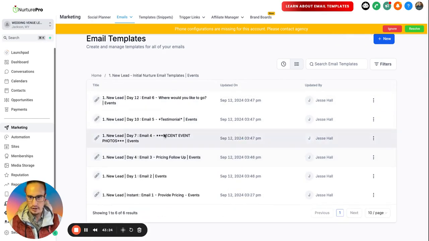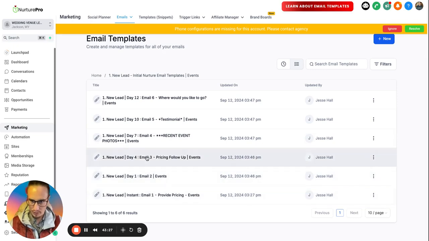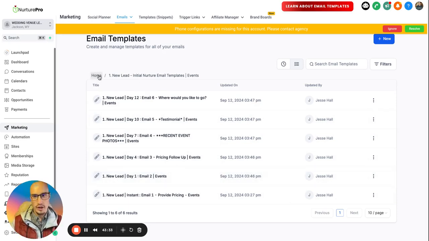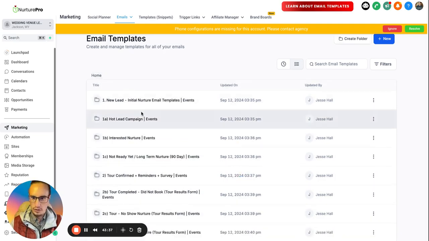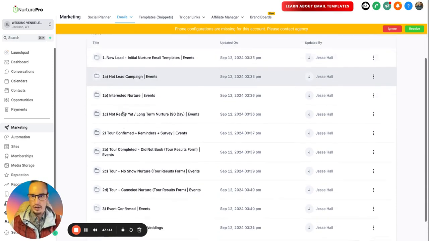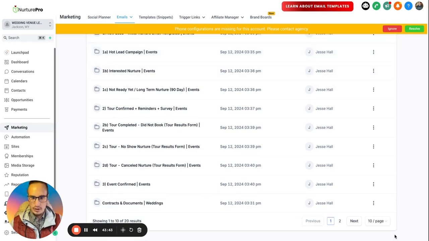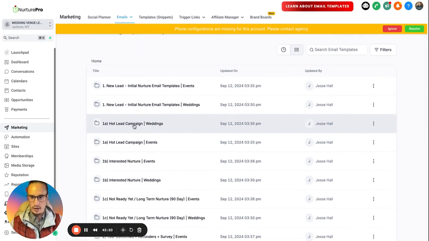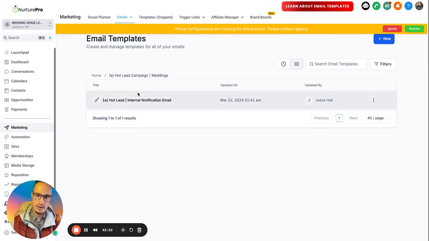So now we can go up into this folder and see we have email 1, 2, 3, 4, 5, and 6. So once you have those copied over, you can go ahead and go through and do the same for all of the different campaigns. So we'll want to go through and toggle it to 40 a page, and then we can start working through our hot lead campaign for weddings. Thankfully, there's only one